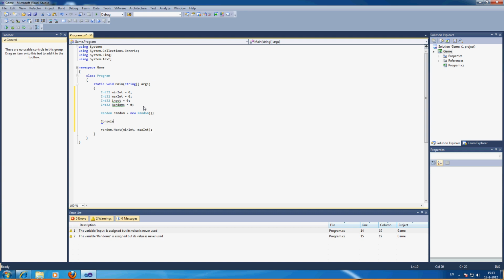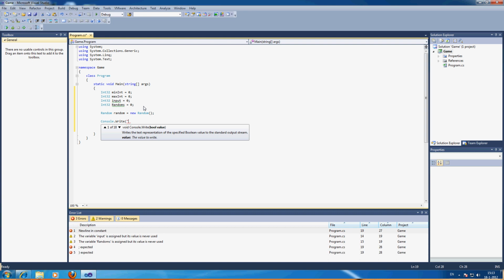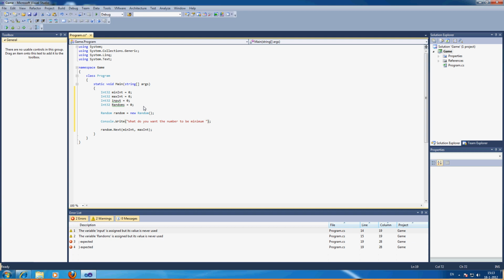Let's do between that, we're gonna put a console.write. We're gonna ask the user: do you want the number to be minimum? And then we put a minint equals